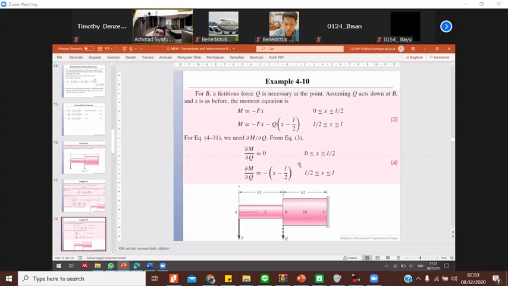After we get the formulation completed, like in question number 3,